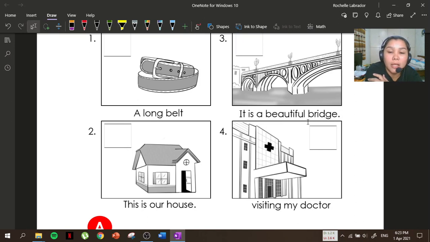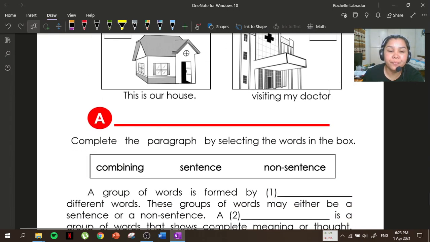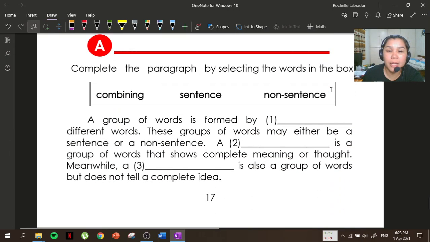Number 3, it is a beautiful bridge. And then number 4, visiting my doctor. Ay. I'm sorry. Okay, and for the last part, so if you have learned something about the sentence and non-sentence,